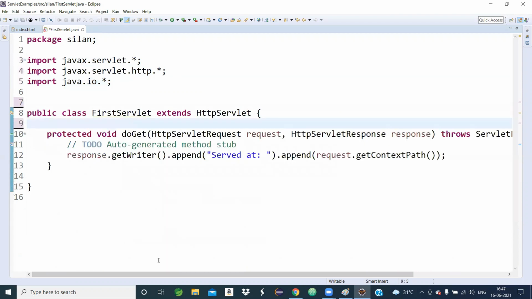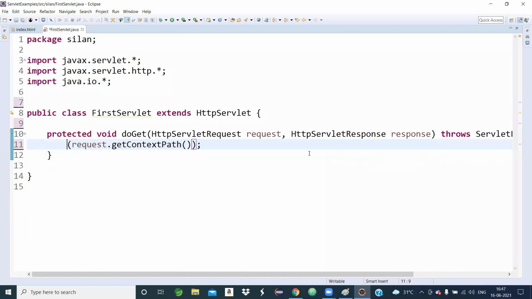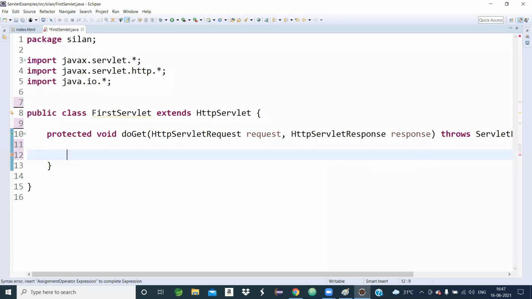There is no need, delete them. Which portion am I deleting, just mark it. Ctrl+S.